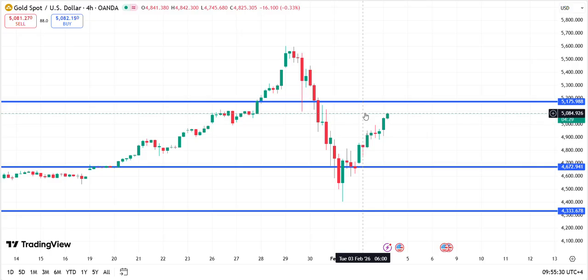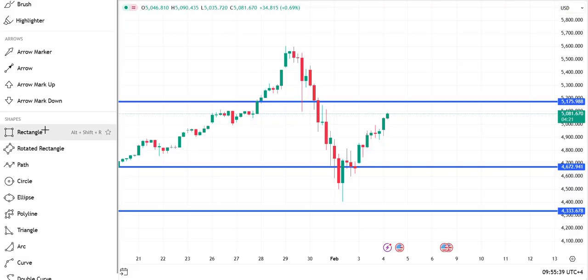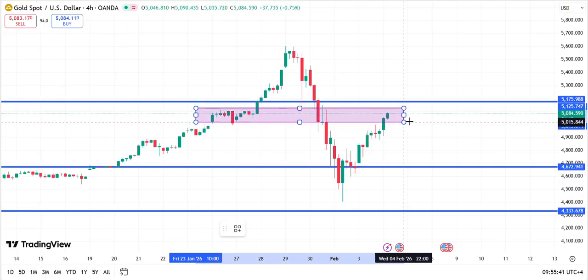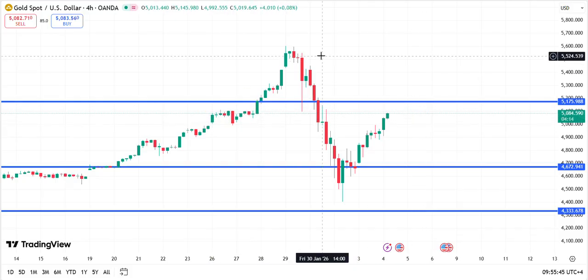So this is the lower high. It can act as a lower high because, if you see this area, let me just mark it so you can. So if you see this area, this can act as a very good resistance area, and we can see sellers coming in and bringing the market to the downside.